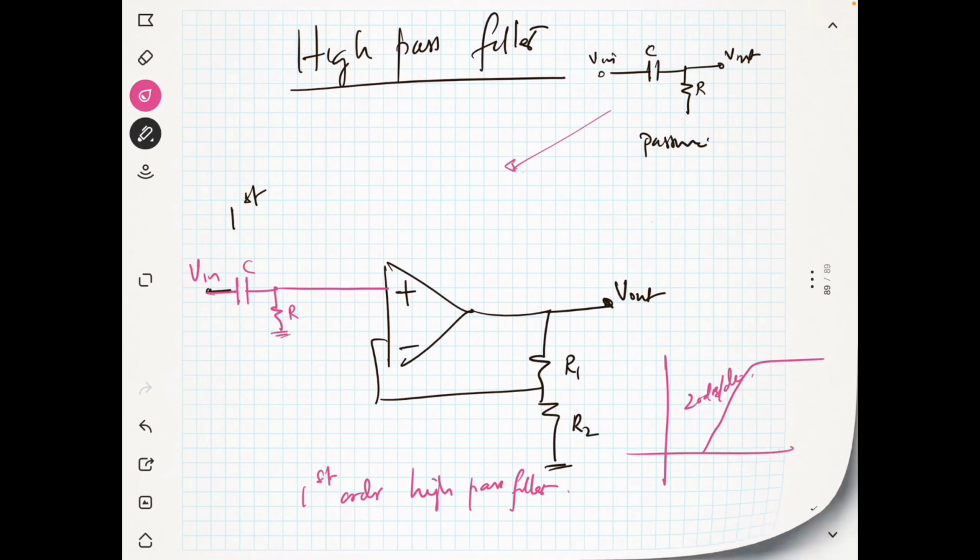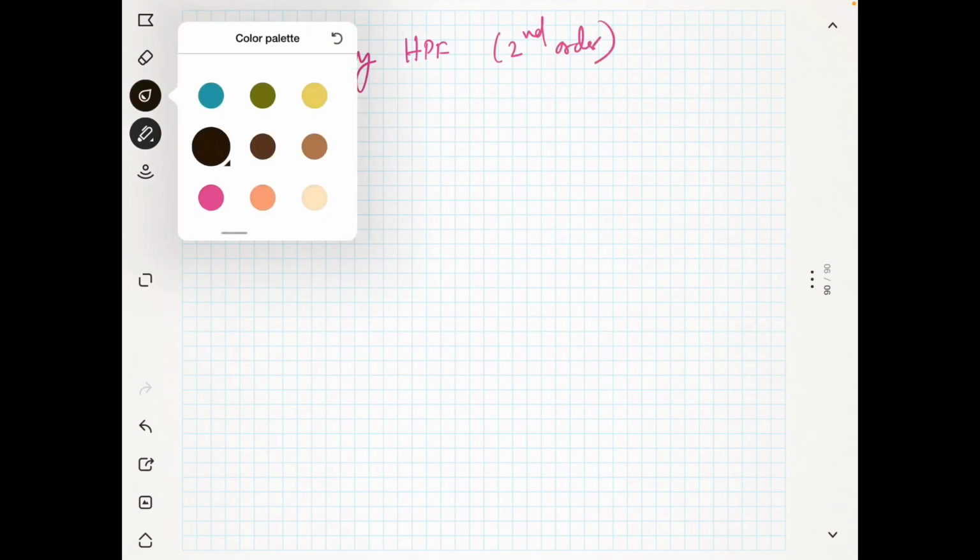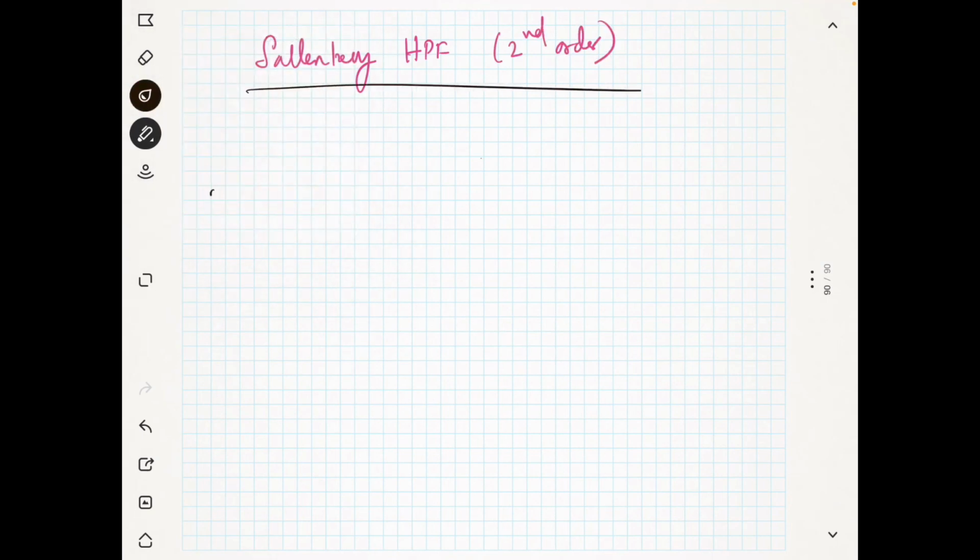Now Sallen-Key filter, same way, Sallen-Key high pass filter of second order. The same way you can design the filter. I told you in a low pass filter, actually you have the resistor here, but here you have the capacitor. Okay, capacitor, then you draw the resistor. So this is your CA and this is your RA. Just swap the position of the capacitor and the resistor, then you will get the high pass filter. Then this is CB